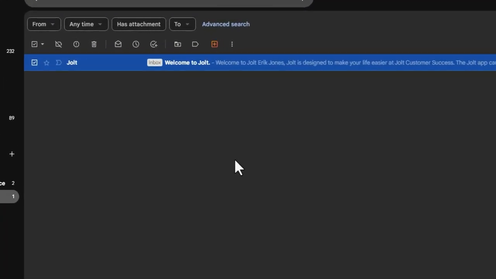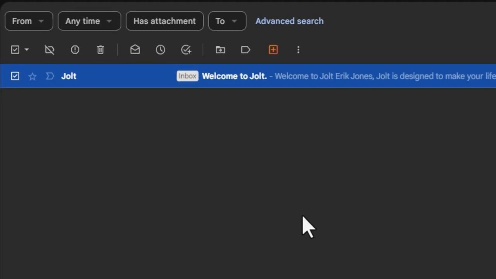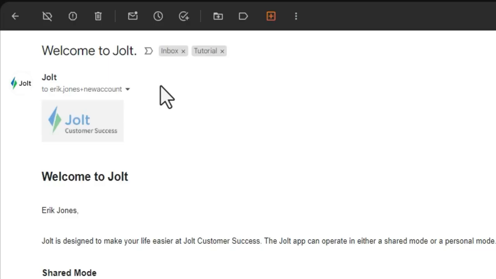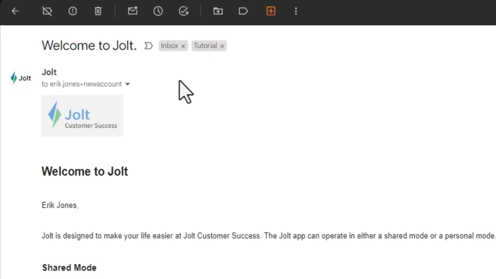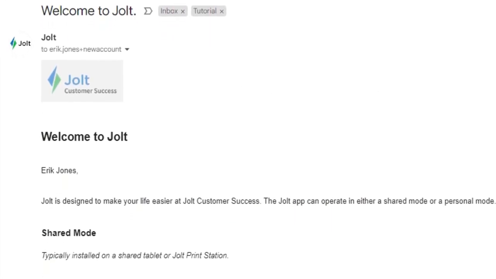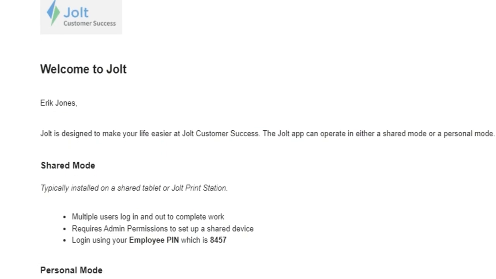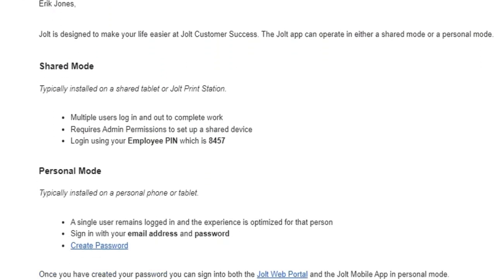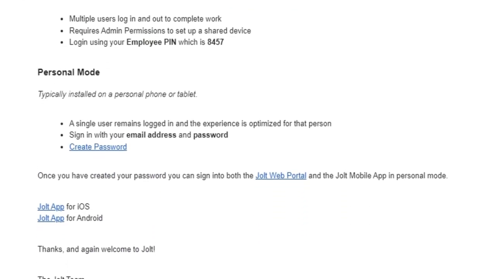Let's dive in. To begin, new Jolt admins receive a Welcome to Jolt email during initial signup, or they can be invited by an existing admin. If you're the primary contact for your account, this email will arrive shortly after your account is created. Follow the instructions in your Welcome to Jolt email to create a password. If you need this email resent or sent to a different address, feel free to contact your existing Jolt admin or reach out to us at